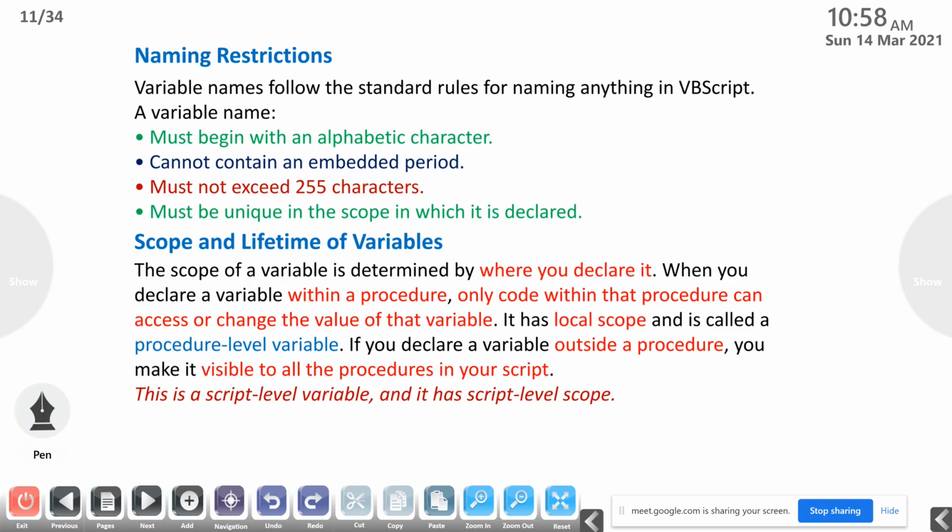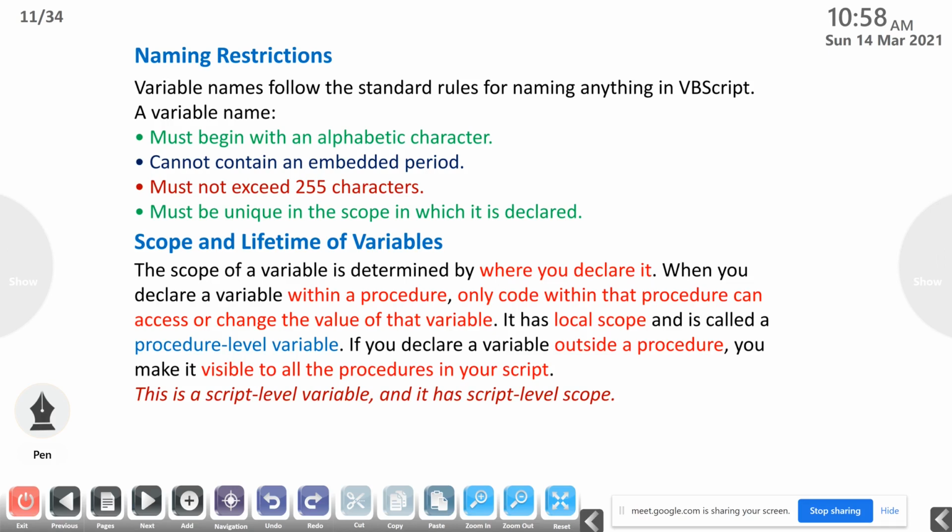Then naming restrictions. All of you are familiar with how we can name a variable. It must begin with an alphabetic character, cannot contain an embedded period, must not exceed 255 characters, and must be unique in the scope in which it is declared. These are the rules when we are declaring variables.